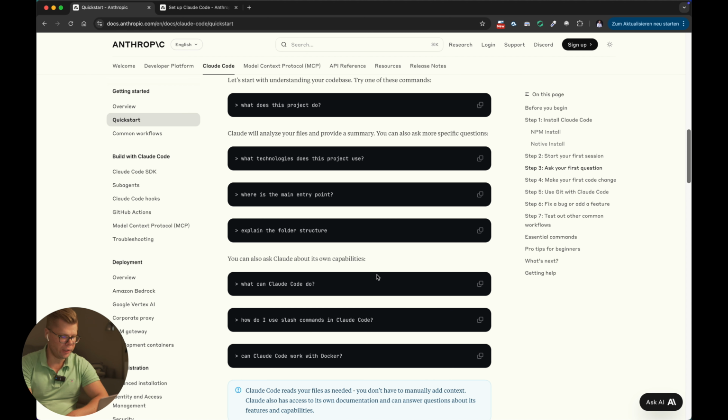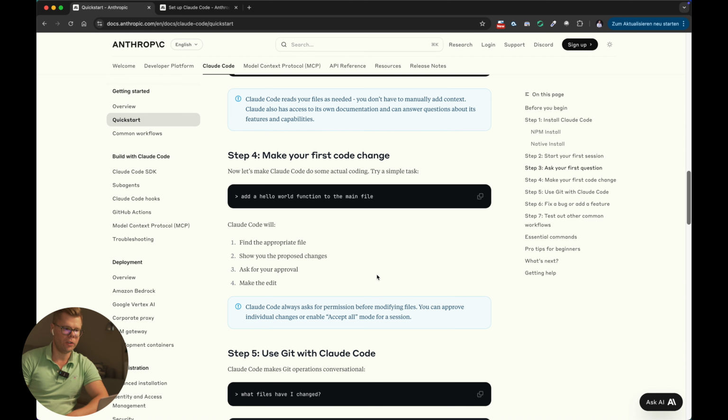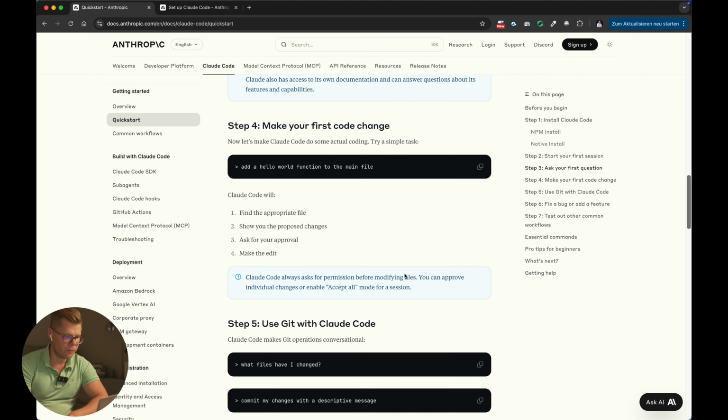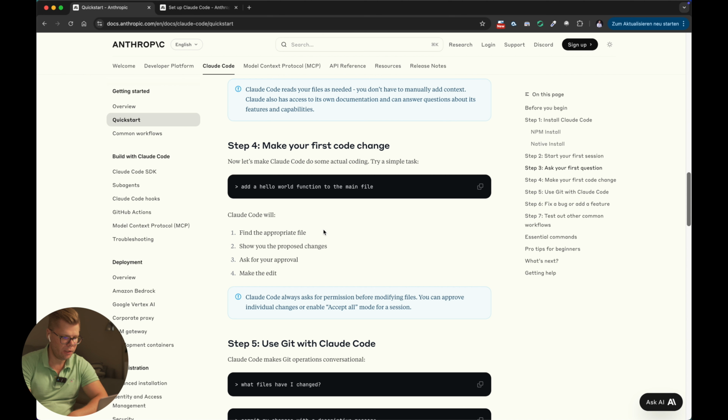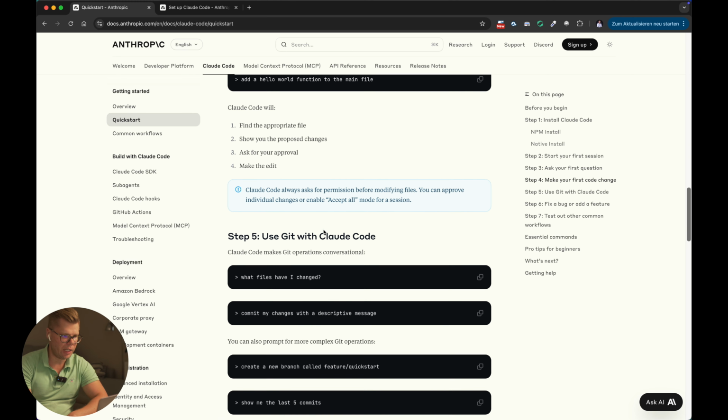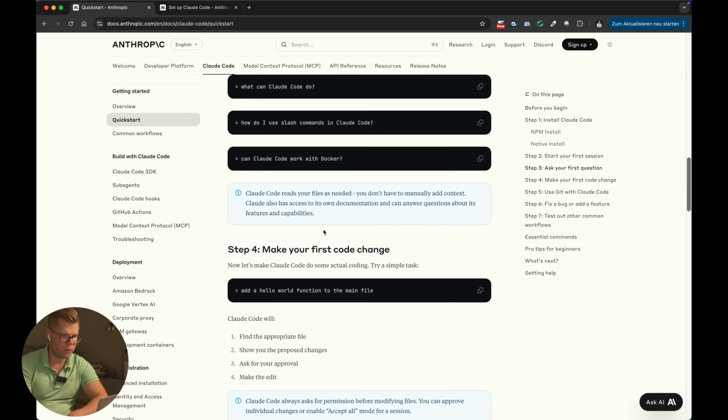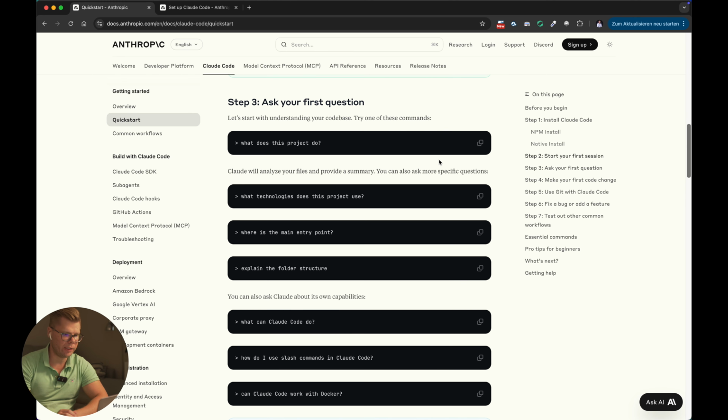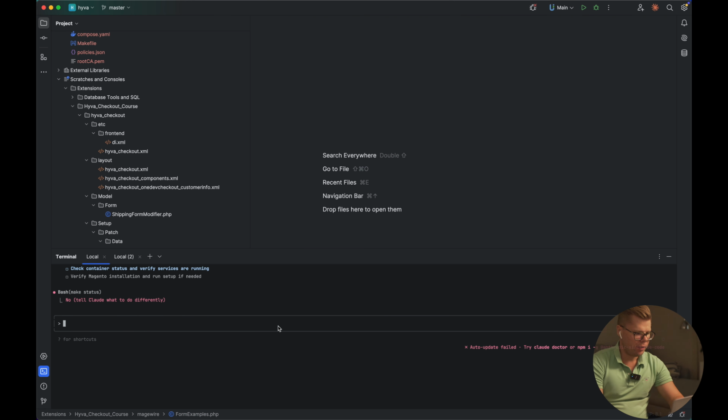So now we already started the project, and then we can create your first code change and check everything here. But first of all, before we are jumping into the code generation, we can also ask AI here. For example, let's say: explain this for me. What does this project do, for example? We can quickly ask this as well,